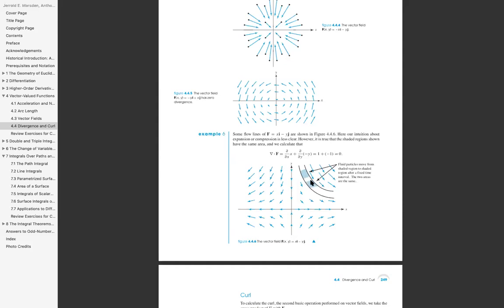This would be the same as the fluid flows to this region in the same amount of time. So no matter the fluid is flowing faster in here or slower in here,